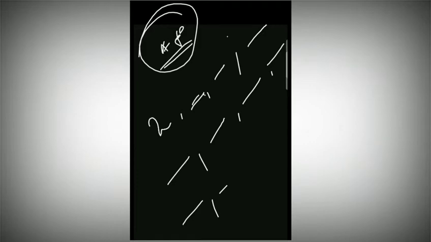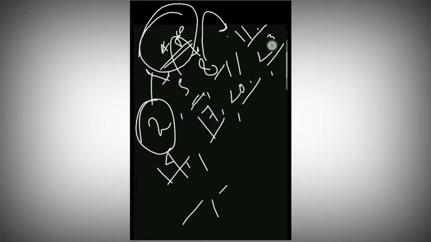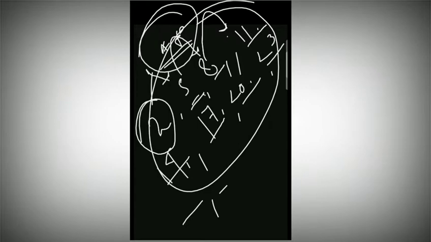Suppose the first term I have is 2. Next term, suppose I'm adding 3 to the number, we will get 5. When we add 3 again, we will get 8. When we add 3 again, we get 11. Then after that 14. Then 17. Then 20. Then 23. Then this is the AP.